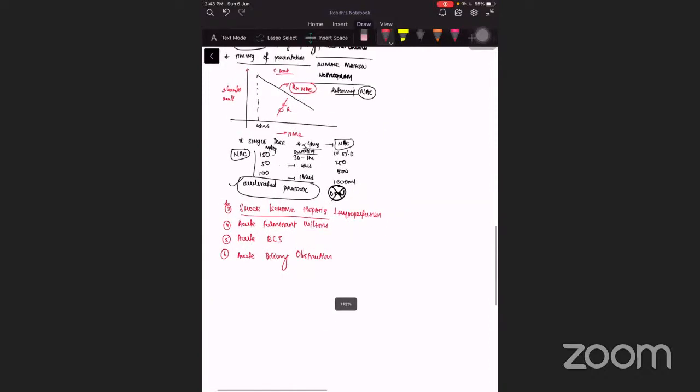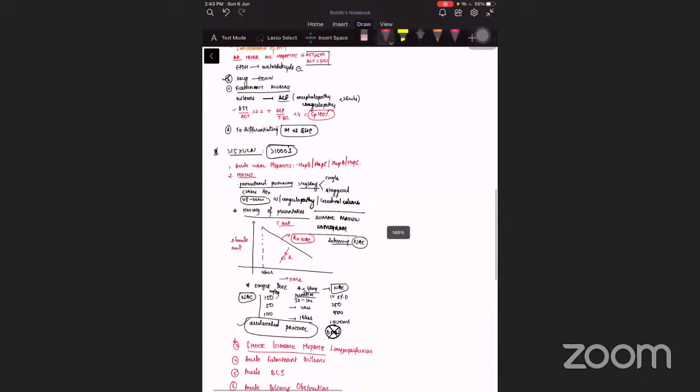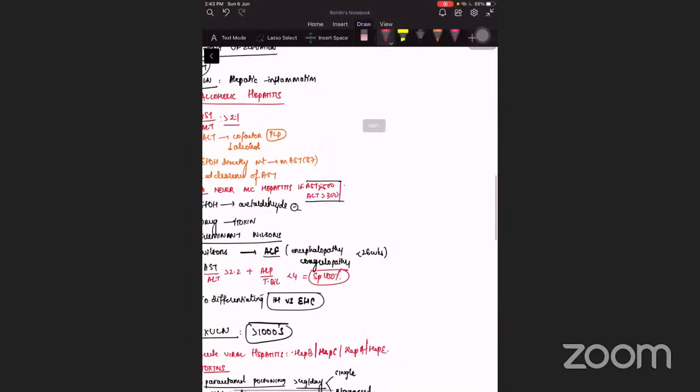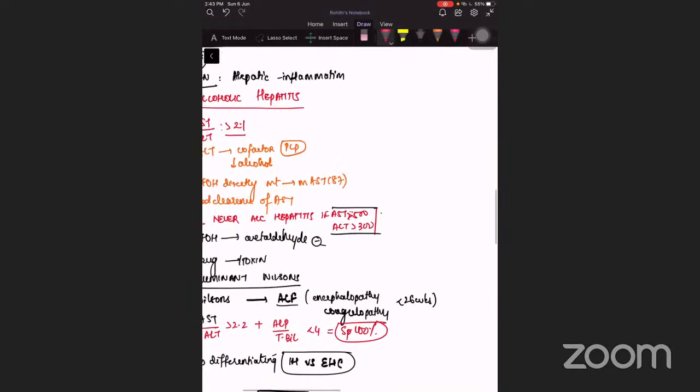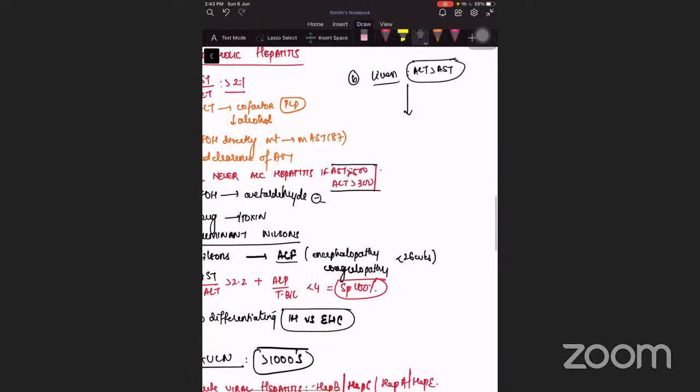The other important thing is that the AST to ALT ratio can also help in prognostication. Let's say there is a patient who had a liver disease. Most of the time in liver disease, the ALT will be more than the AST, except in a few other conditions. So if a patient who had ALT and AST levels like this has become a chronic case and now presents with enzyme levels in the baseline with AST being more than the ALT,